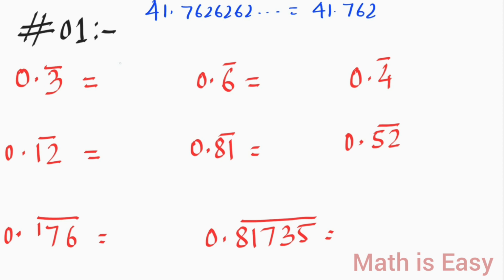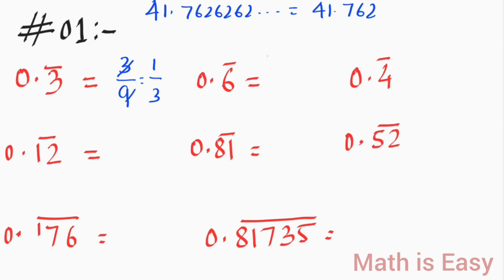What we do is write the repeating number in the numerator, and in the denominator we write 9. Now how many 9s do we have to write here? We write as many 9s as the number of repeating digits we have. And this is our answer. You can further simplify it: 3 ones are 3, 3 threes are 9. So it is 1 upon 3.